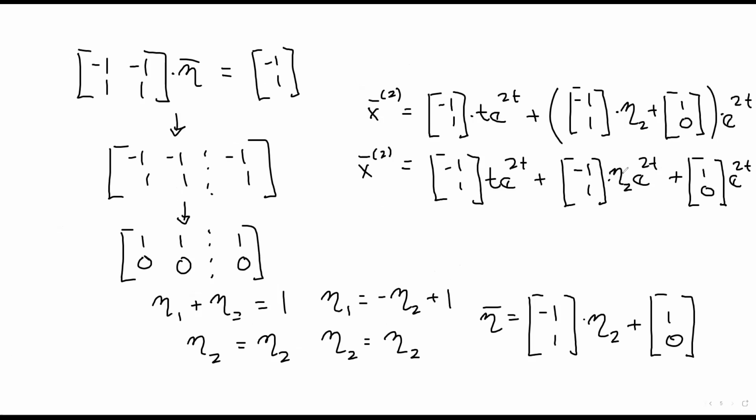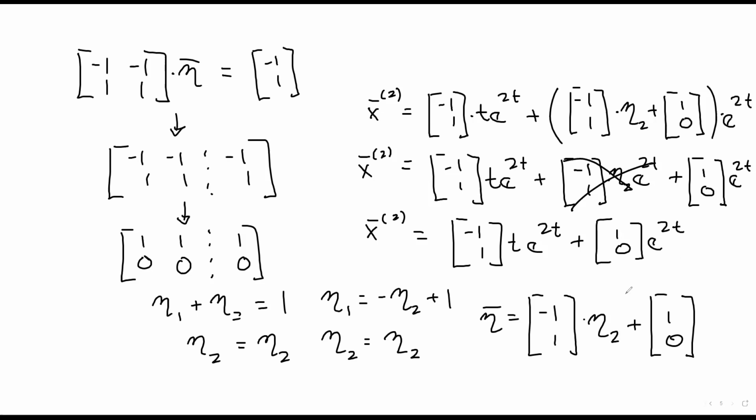All right, so the first solution is embedded within our second solution when we write it like this. And so we can say, this is the first solution, we've already got that, we don't need it again. So we can simplify the second solution into (-1, 1) t e to the 2t plus (1, 0) e to the 2t. Okay, and so this is our second solution. We've already got our first solution earlier. And so we can just take the linear combination of the two, and that will be